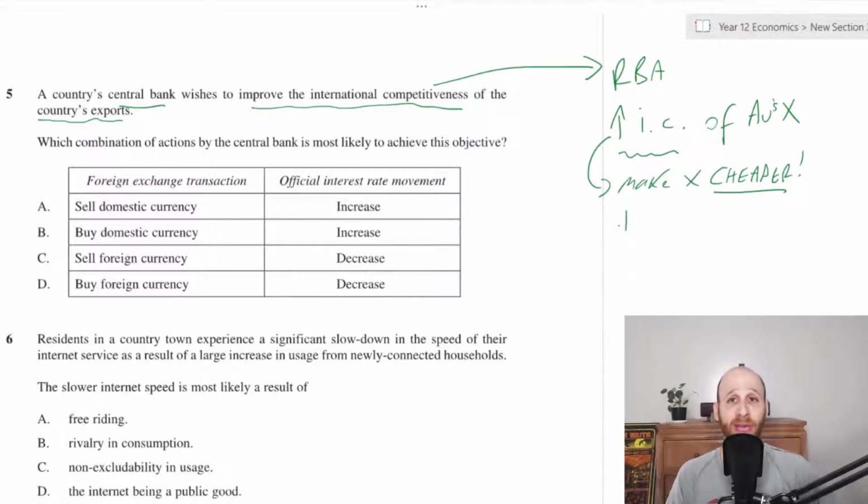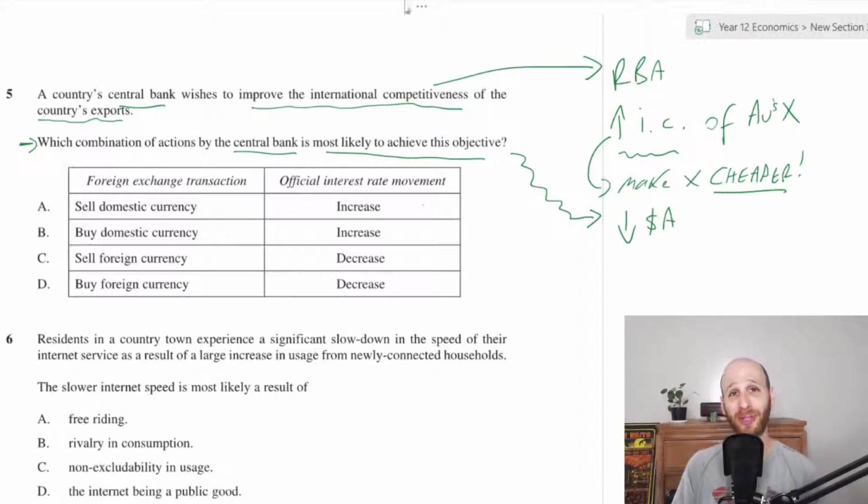In order to do that, it's going to try and depreciate the currency, so exports are cheaper in foreign currency terms. So then the question asks us which combination of actions by the central bank is most likely to achieve this objective, and this objective here is essentially trying to reduce the